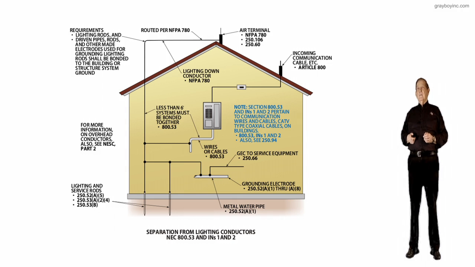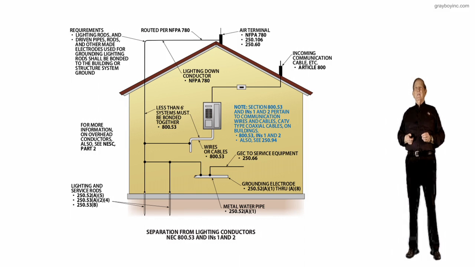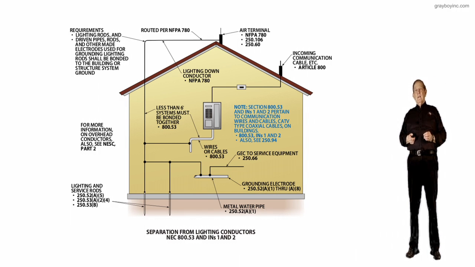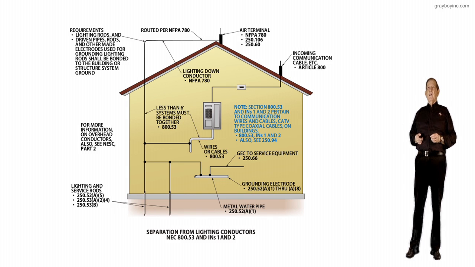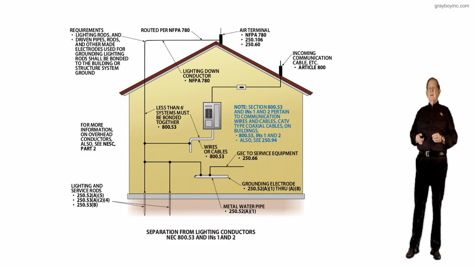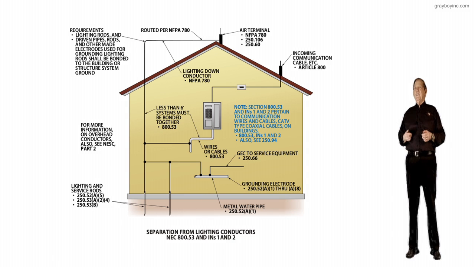And notice the note states section 800.53, along with informational notes 1 and 2, pertain to communications wires and cables, cable TV, type coaxial cables on buildings that have to comply with 800.53 informational notes 1 and 2, and also to understand what's taking place here a little bit more in detail, see